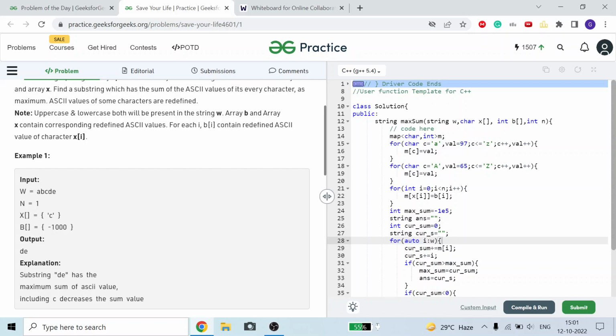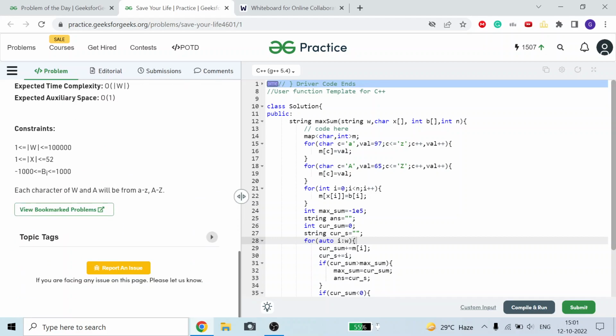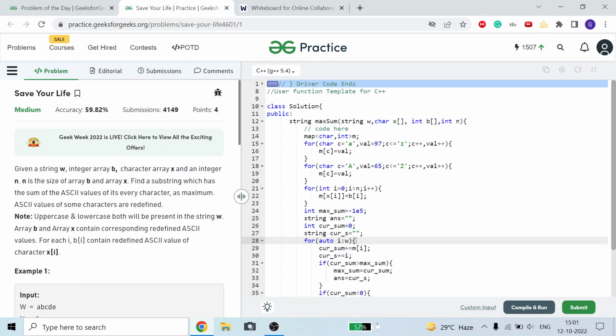Okay guys, so here we can see, after updating all the ASCII codes once, this is similar to the maximum subarray sum problem, but the only difference is that here we also have to find the string. So how will we do it? This is similar to Kadane's algorithm, which is used for finding the maximum sum subarray. That is very famous. If you don't know about it, please go and check it out on GFG. You can see the tag is also Kadane's. This is a very famous maximum sum subarray problem on GFG and LeetCode, and you can find it in many places.